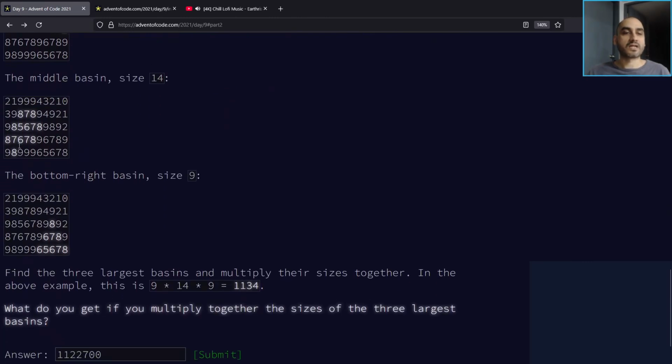I mean, this is exactly the kind of algorithm you'd use to find real basins and real contour maps of real life locations. I mean, it all comes down to this. You just have more granularity of the points, probably, but